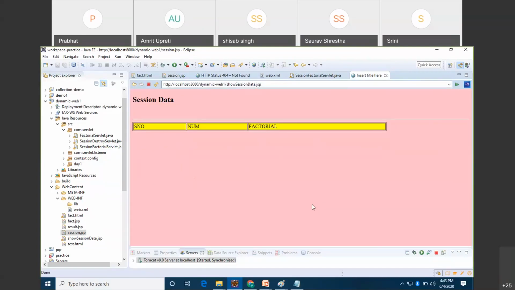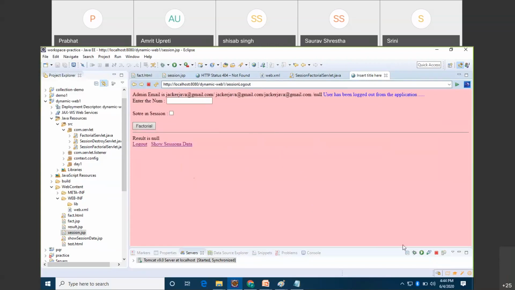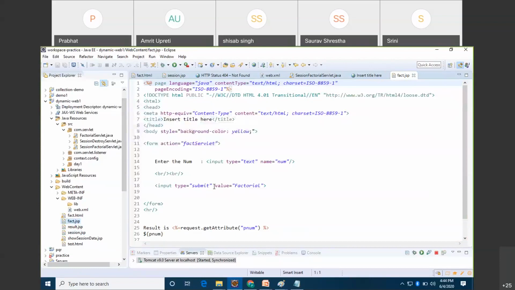So that is the concept of session. If it's session, then what is request? You already know the request. In request scope, what is going to happen? For only one request, you can see the data. For example, for a particular request, see here, I am writing 5, okay? I'm not using session scope, and here I am clicking factorial, so I am getting this. What I did, I put my data, if you see,